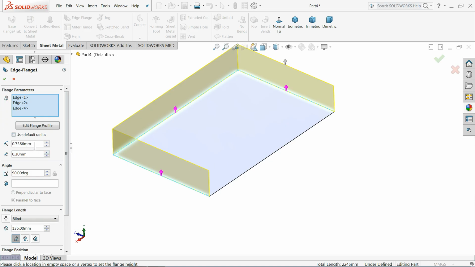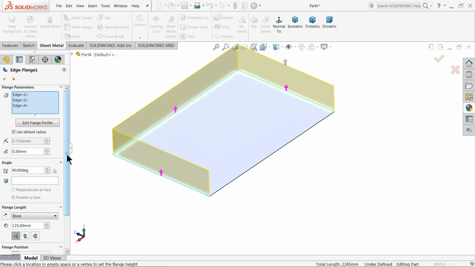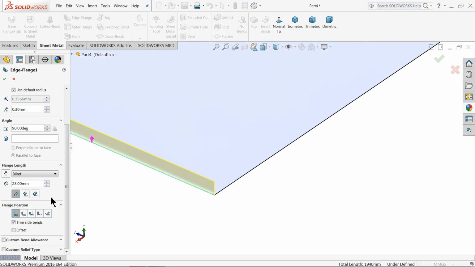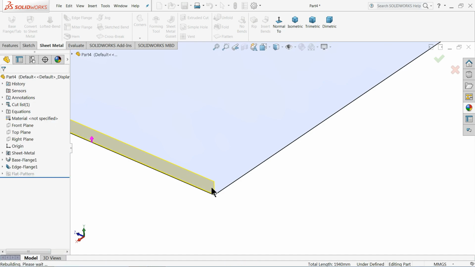Radius, if you like, you can keep default whatever, 0.3 gap, and edges extrude keep 28 millimeter. Material inside, virtual sharp edge. Okay,